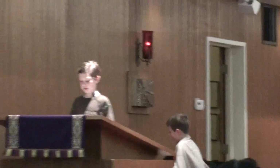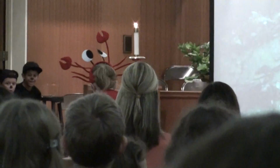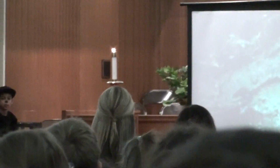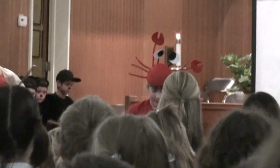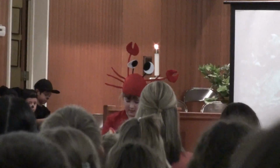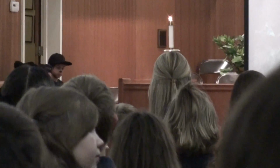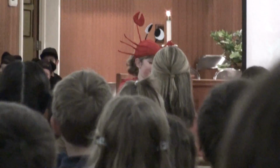Some animals even make their own costumes for camouflage. The masked crab uses seaweed to make a costume. The crab uses its claws to tear the seaweed into pieces. Then it puts each piece in its mouth and chews it until it is soft. The crab sticks the pieces of